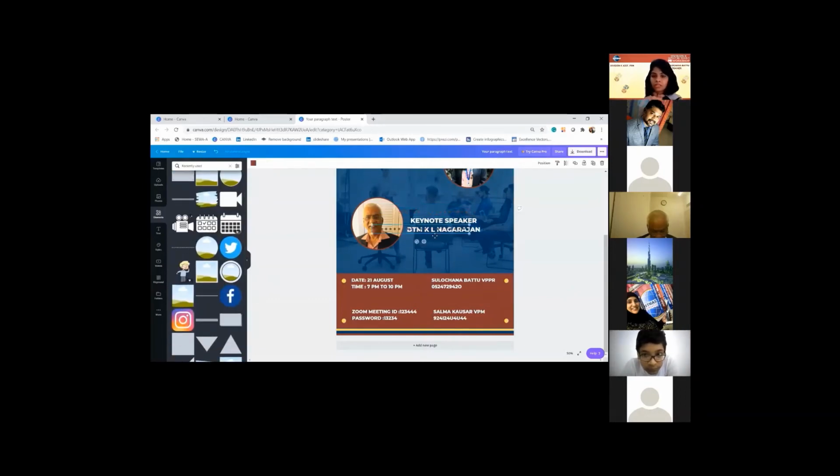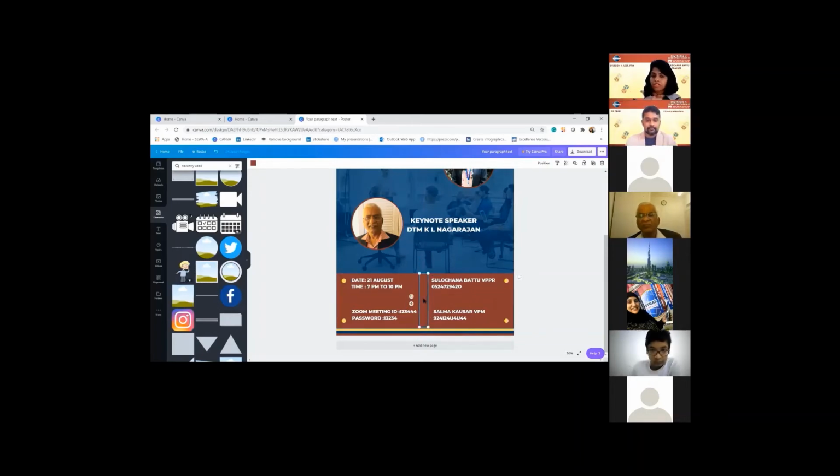Okay, this is in the horizontal format, but I want to make it vertical. How do I do that? I turn it around 90 degrees. So once you change it to 90 degrees, it would come here, and then resize it. Is it visible?